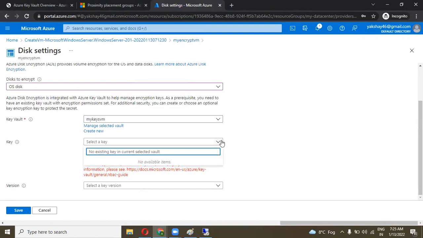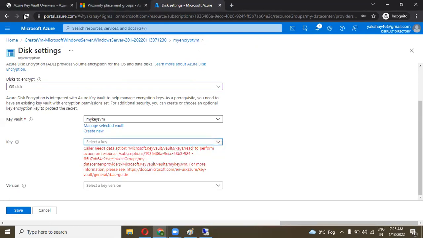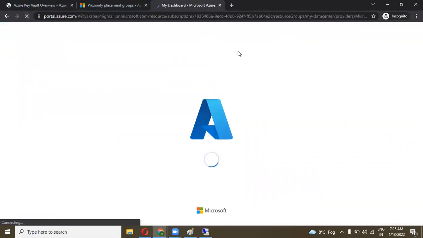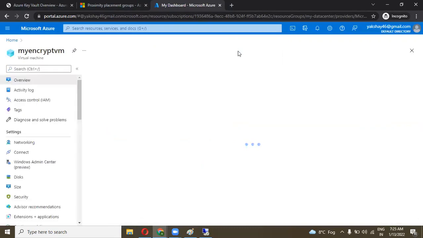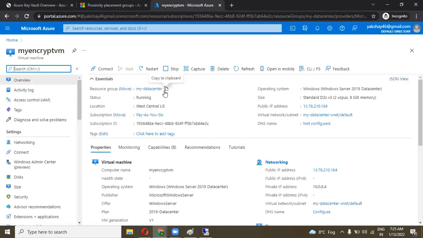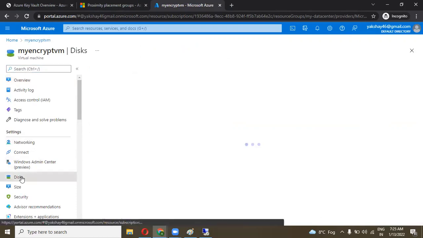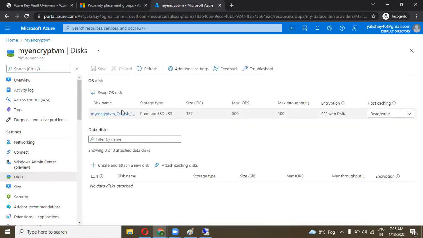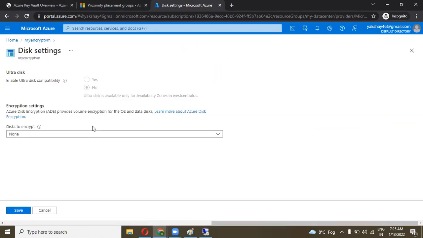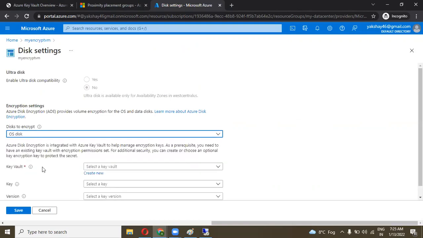No existing key in your current vault. Let's refresh the panel. Go to the disk section, and in the disk section, additional setting, OS disk.